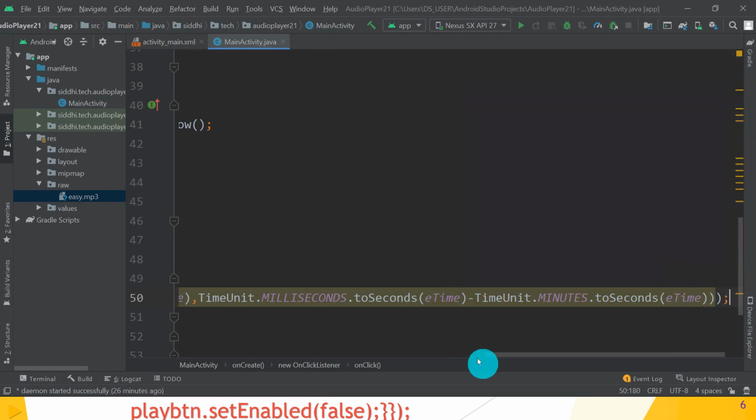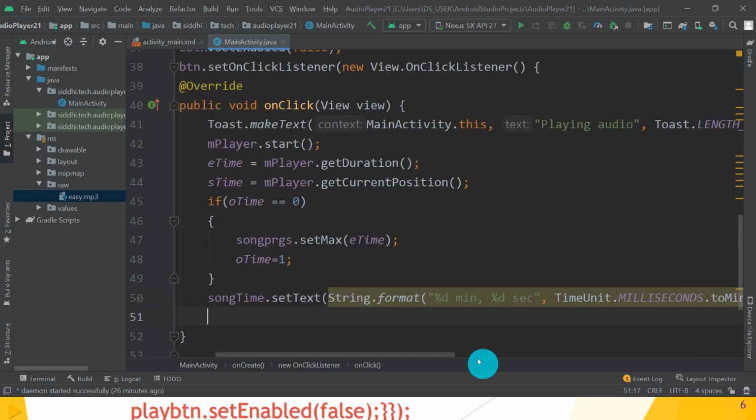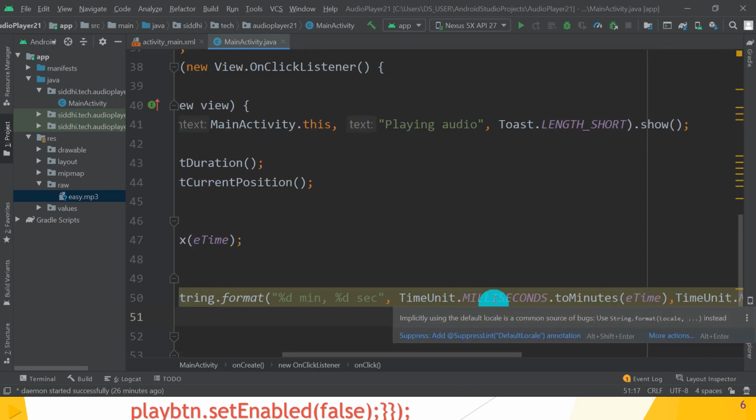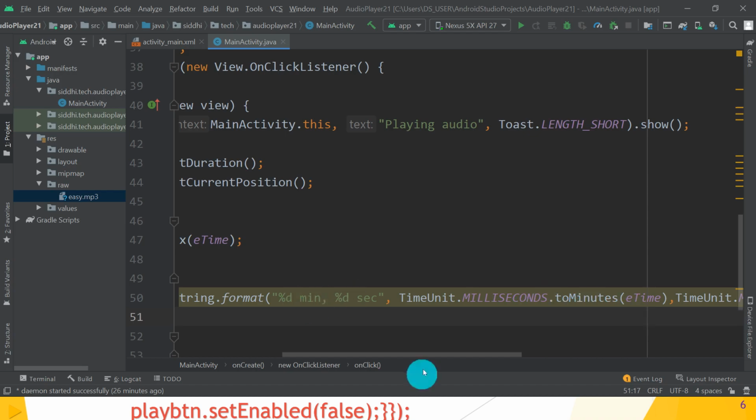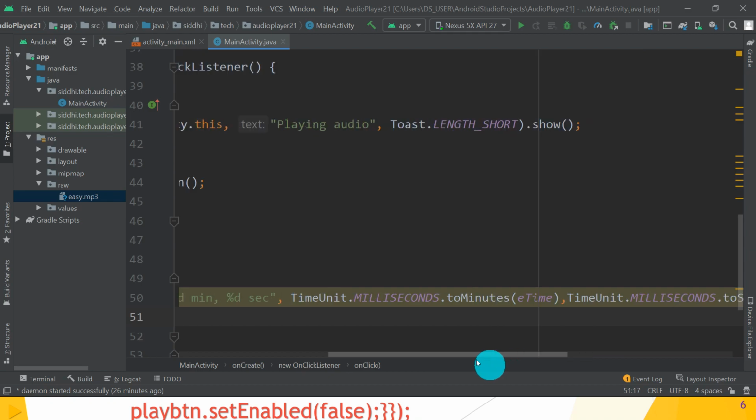Guys, hope you understand. That means we have to calculate the total duration which is given by the end time in the milliseconds, convert that milliseconds into minutes and seconds. So using time unit class, milliseconds to minutes, convert it into total minutes, then after that convert milliseconds into seconds.